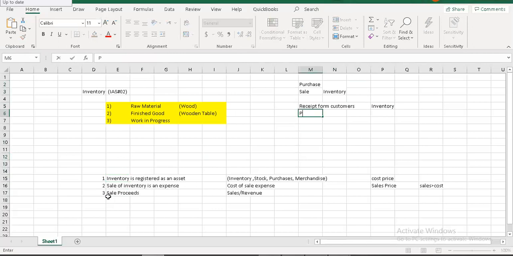Similarly, the payments to suppliers regarding the inventory that has been purchased.